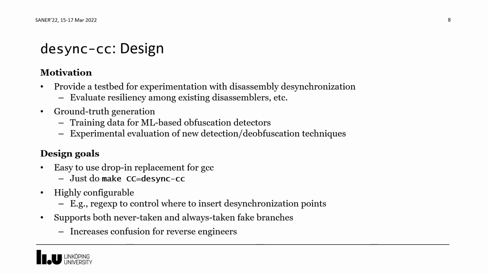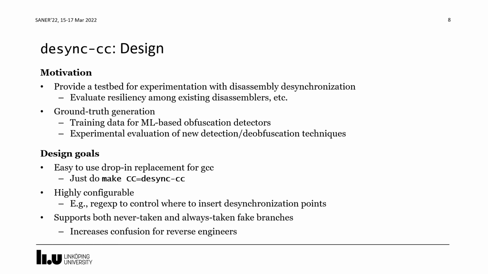And to support these use cases, we designed desync-cc as a drop-in replacement for GCC, where you essentially simply set the CC variable and run your makefile as usual, and then the obfuscation is applied automatically during compilation. We also designed the tool to be highly configurable, so you can use, for example, a regular expression to control where to insert the desynchronization points. You can select different types of epoch predicates and so on. And we also support both this never taken and always taken type of fake branches to further increase the confusion